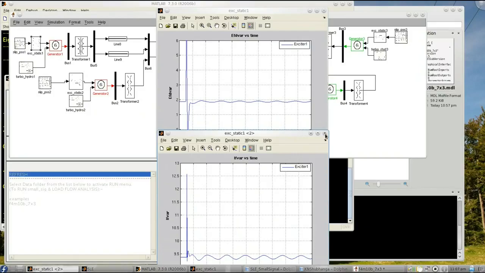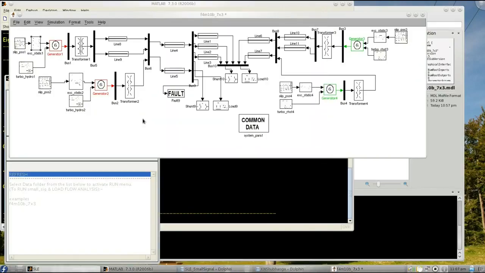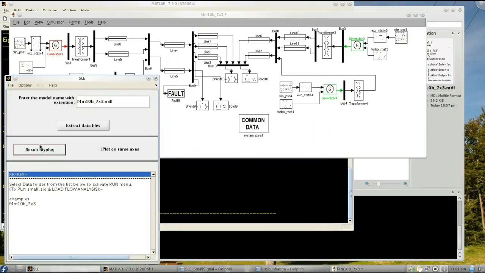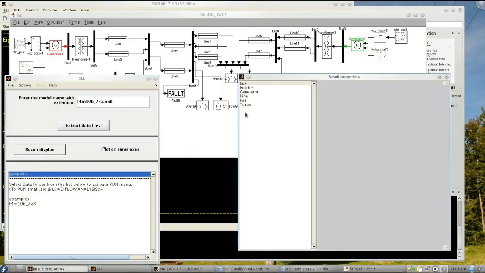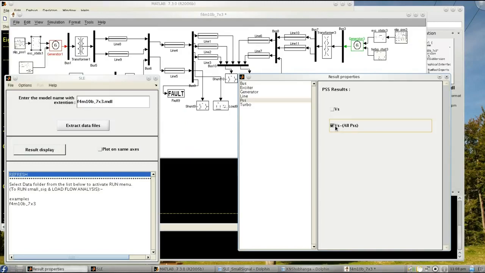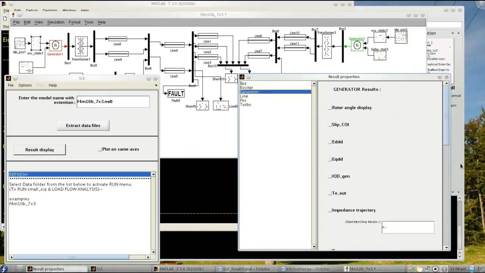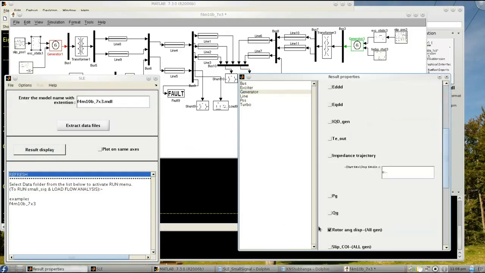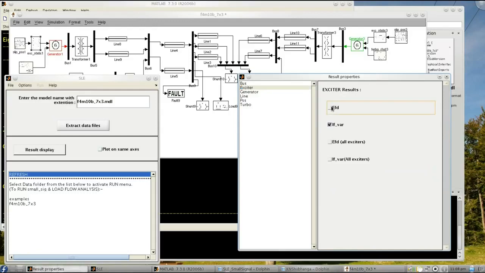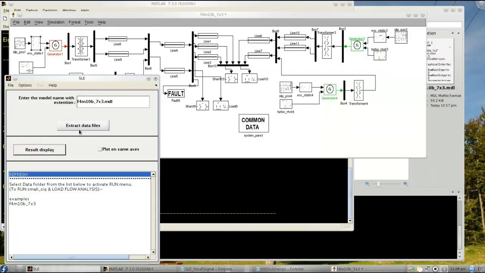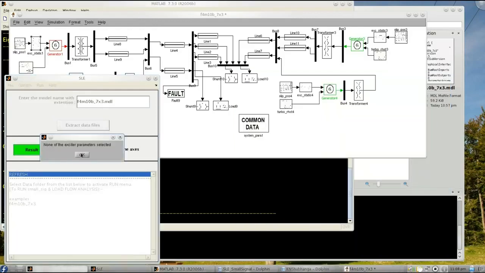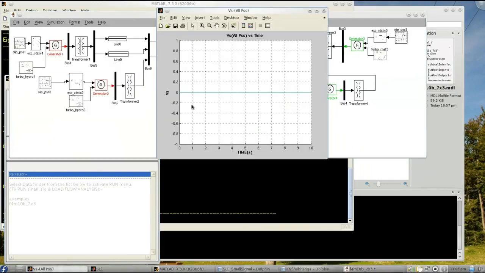It experiences the swing behavior there. So PSS is disabled.